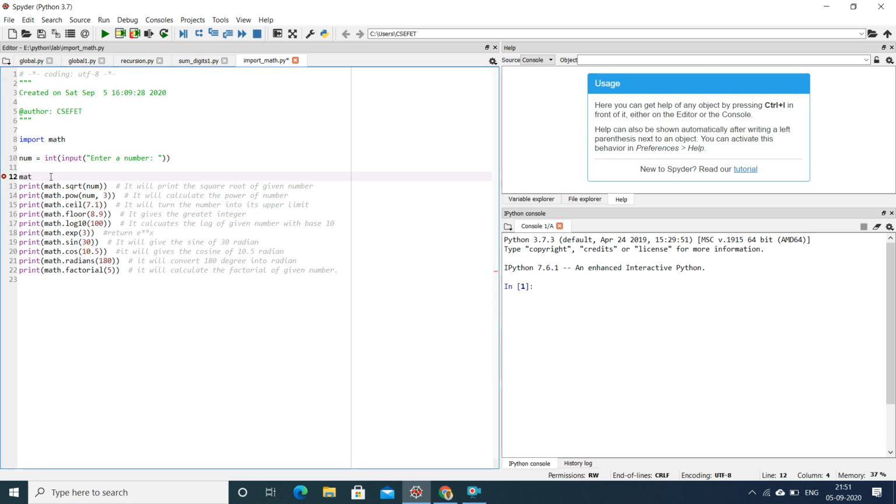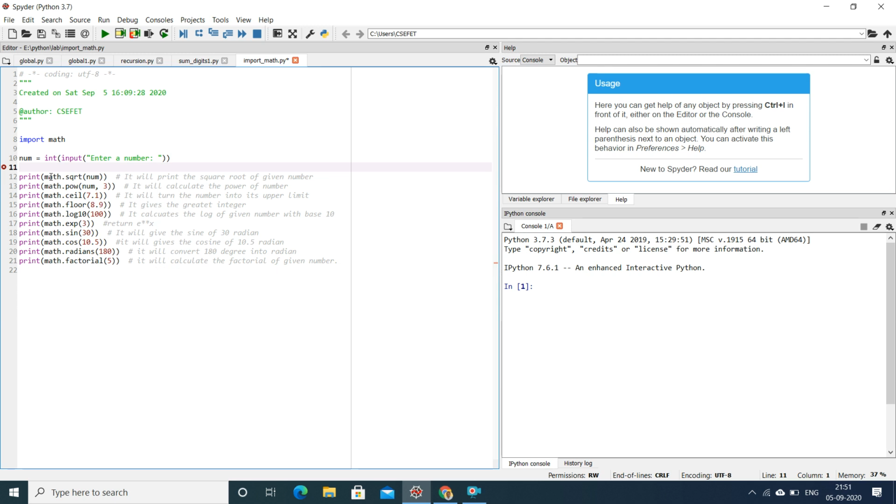So now we have already made a program to make things simpler. As you can see, the first line uses the function sqrt. Sqrt is used to give the square root of a number. We will take an input from the user and find the square root of the number. The second function is pow, which is called power. So if we want to compute 2 to the power 3, it is the number to the power of whatever power you want.